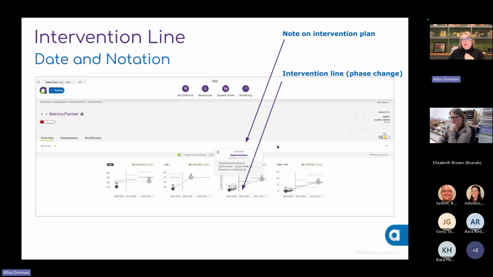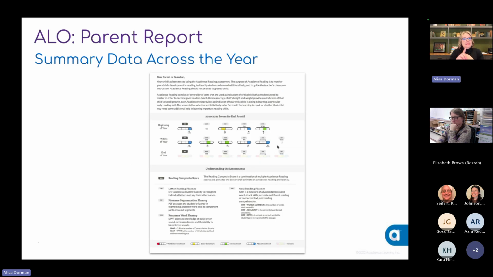So I'll pause just a moment. I guess the last thing is to show you that we also have the parent communication letter, which will also show data across the year in the parent report. It shows it in summary format only, no graphing right now. It just shows where they were at a static moment in time against those benchmarks, using our PIL framework here as an icon to help illuminate that level of risk, again, with the icons being descriptive down here at the bottom.